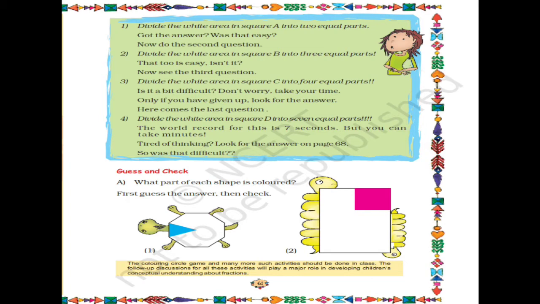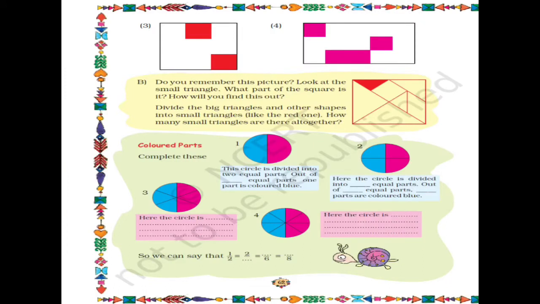Now let's turn the page. So let's observe the third figure in this one. While looking at the picture, how many parts are colored? Let's guess it is 2/9 part colored. Now let's make a line. This way you will make a line in a proper way using your pencil.